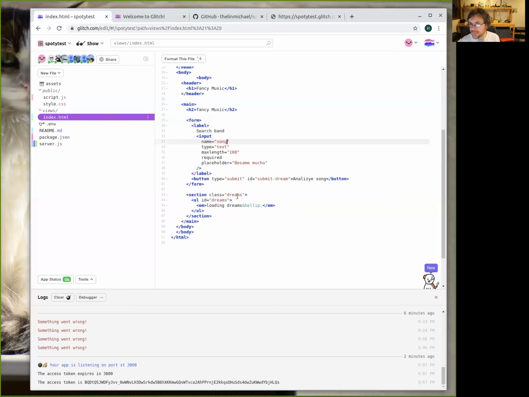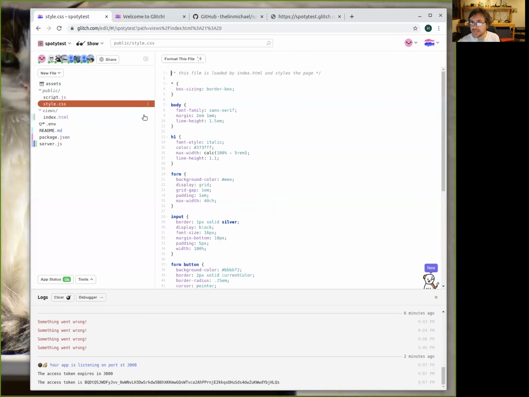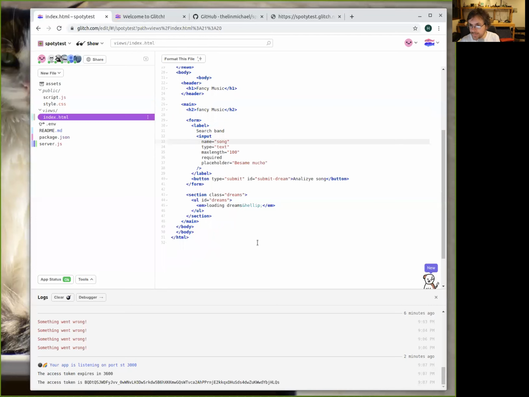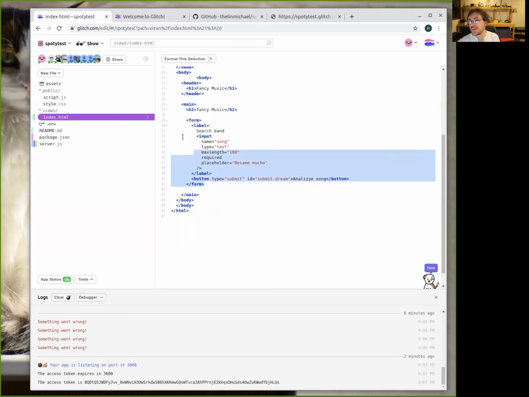Instead of these dreams, I don't think we need this section anymore. I'm just removing this. This should be understandable for you now. We just have the form. Does that make sense?